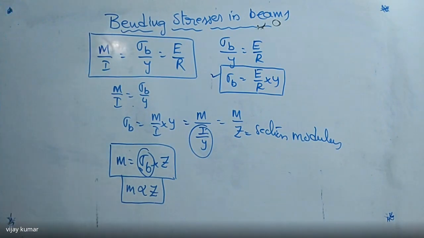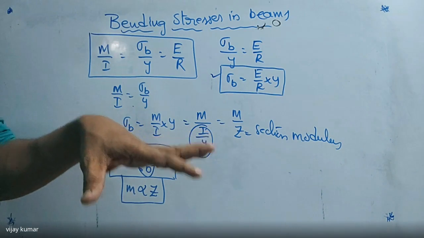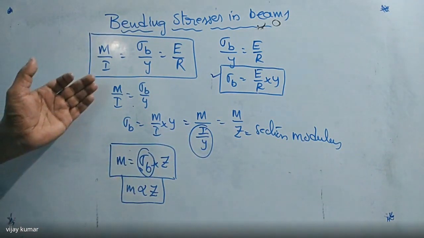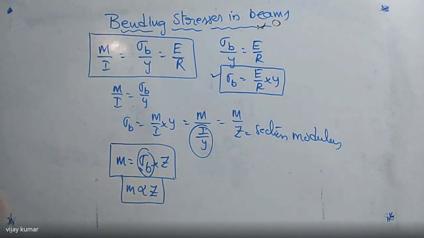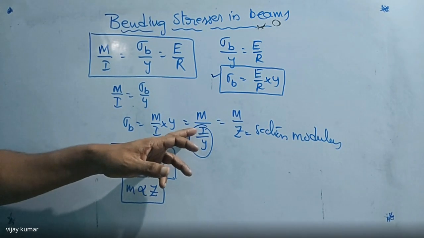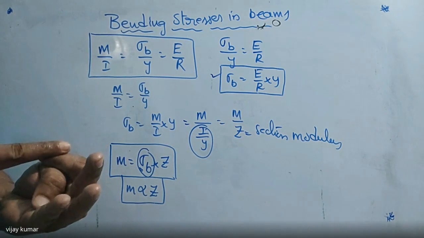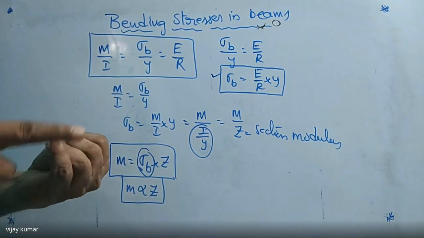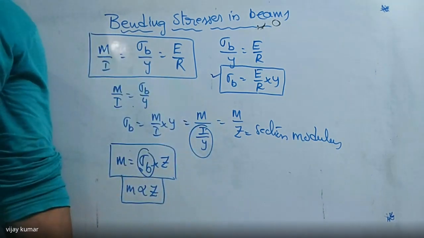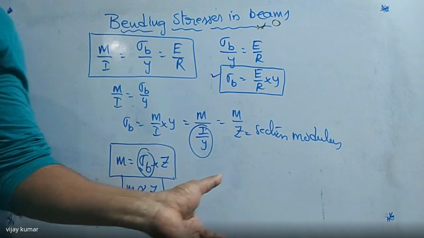So in the next class, I will explain this complete analysis, that is, bending stresses in beams, how to calculate bending stress. And you have to remember one thing here. We have to know how to find the I values. I value means moment of inertia of rectangular section, square section, triangular section, I section, T section, Z section, channel section. If you know how to calculate the I values for those sections, the bending stress is very simple here.